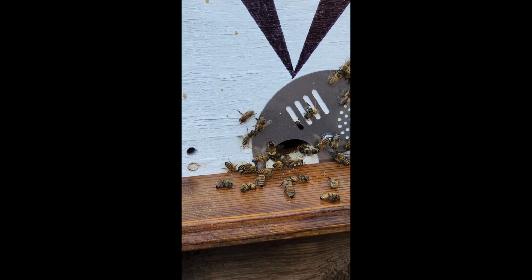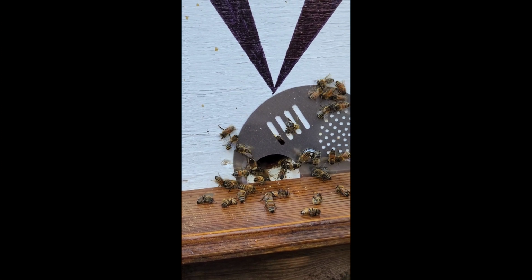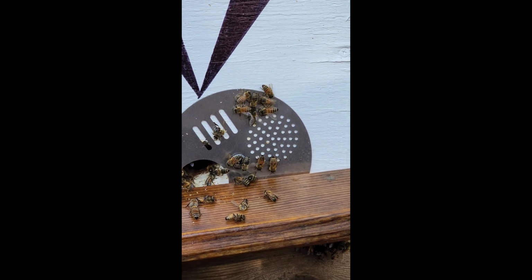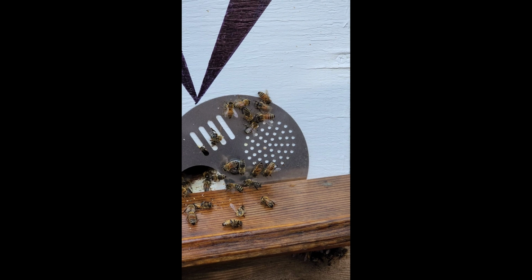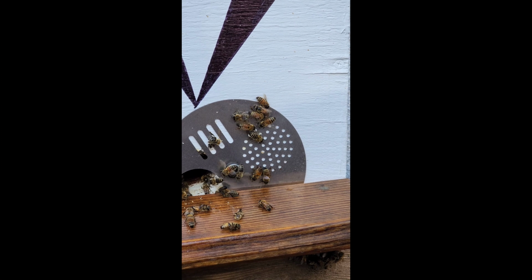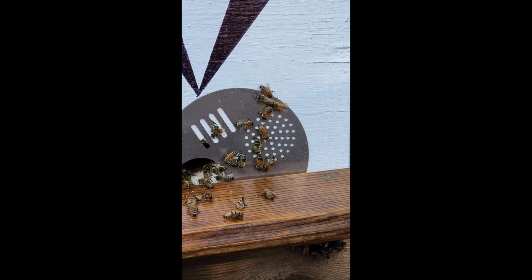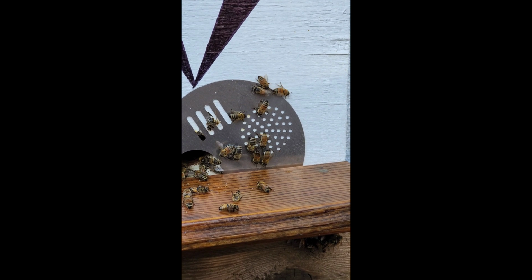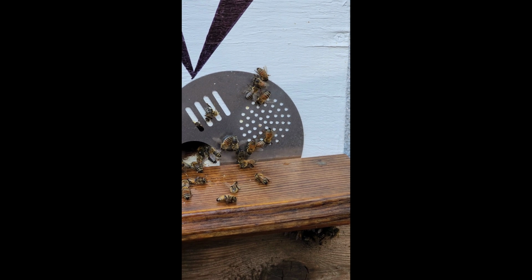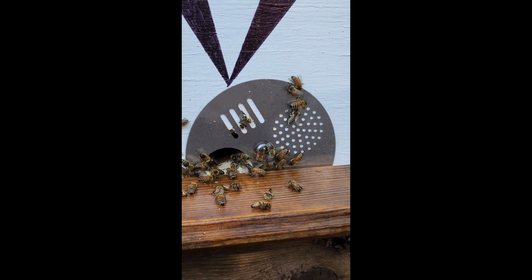we see the bees that had to spend the night outside in front of the door because last night I had the opening set to those fine circular dots so that no bees could leave the hive, and of course that also meant that no bees could come in. So there was quite a cluster this morning outside, which would have been some real late arrivals from the foragers last night that had to spend the night outside. And so I've rotated that now,